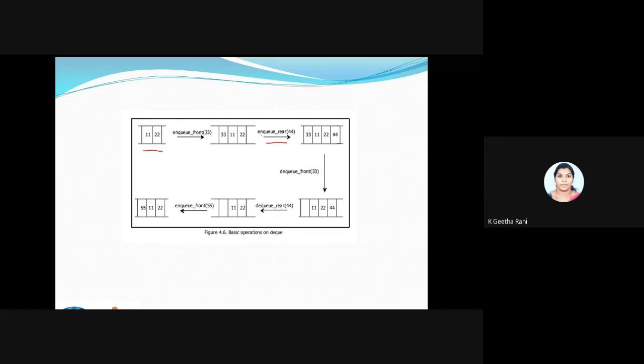NQ is nothing but I'm going to insert the value at the rear end. Here the rear end is going to be this side. So 44 is added at the rear end. Again I'm making a DQ of front, DQ of rear, and it goes on. I'm just showing you these terms. I can also use it as NQ and DQ, but to keep it simpler I will go for insert and delete itself.